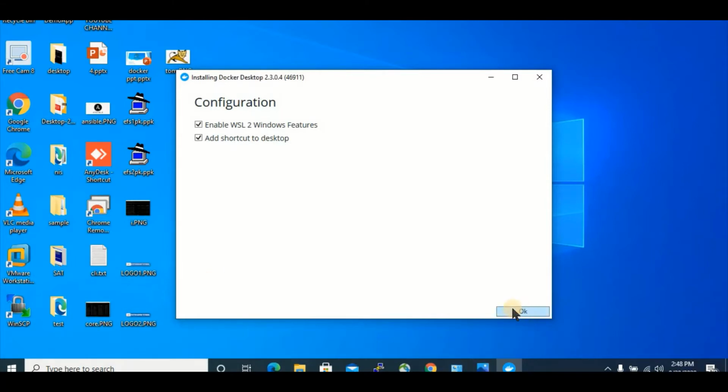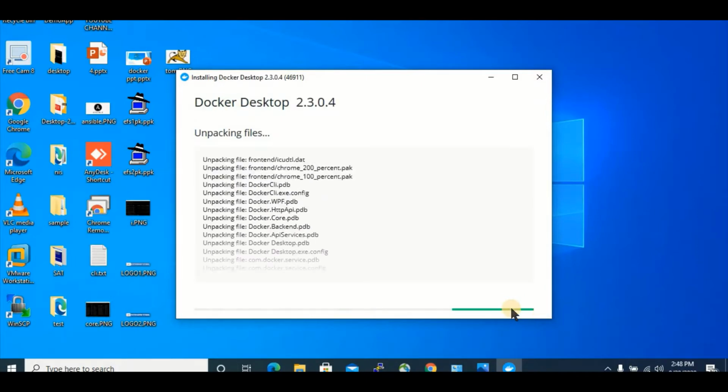And click OK. Then it will unpack all the prerequisites and the bin files, and it will install everything. You can see this is Docker Desktop version 2.3.4, and the sub version may change. We'll see whether any upgrade version is there or not. Automatically it will pop up on your screen to get the updated version.